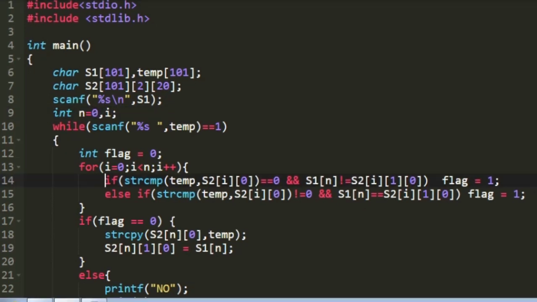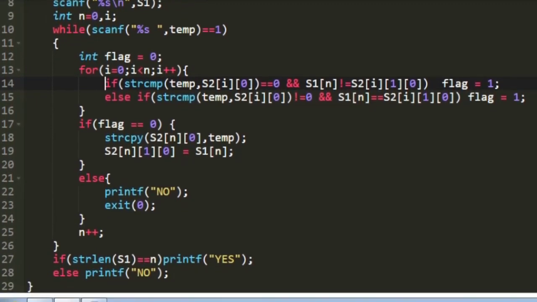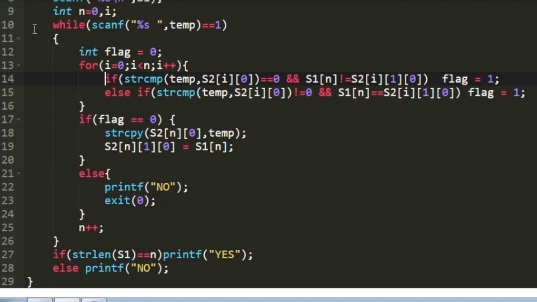Now we are going to accept our string S2 word by word. We don't know how many words would be present in S2, so we are using a while loop, and we are accepting each word in temp. We are not storing it directly in the two-dimensional array S2. After accepting the word in temp, we create a new integer variable flag and set its value to 0.